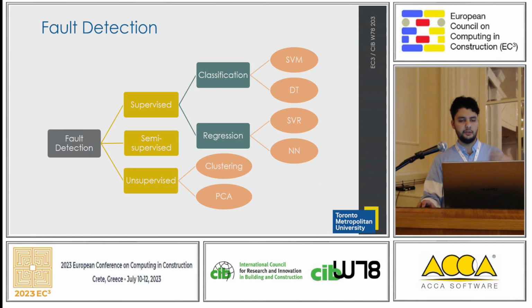And the final step is fault detection and diagnosis. We can categorize fault detection as supervised, semi-supervised, and unsupervised. Supervised methods for fault detection are trained using normal operation. We need to have labeled data. And this method can be further categorized into classification or regression. Using classification, we can predict whether the incoming data belongs to the fault class or fault-free class. And regression can predict the system operation status, which is then compared to the baseline. Any residual or difference from the baseline would be indicative of faults.